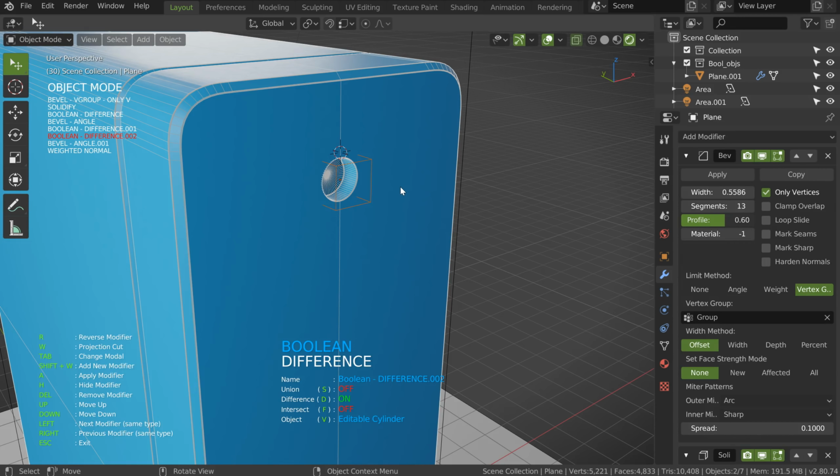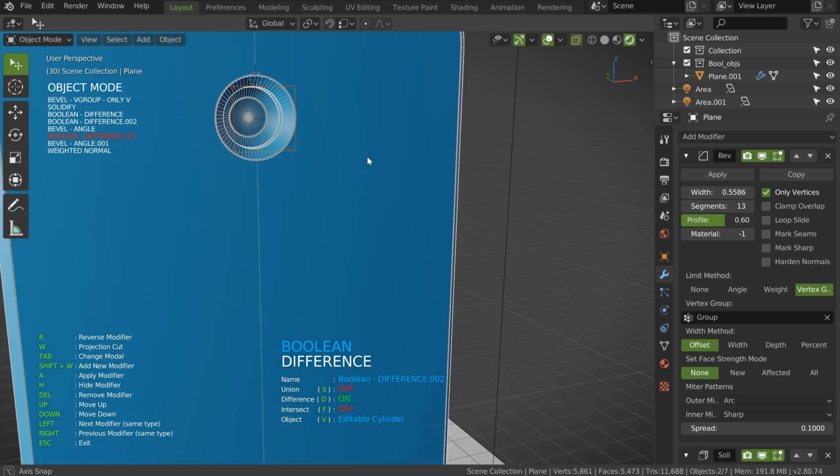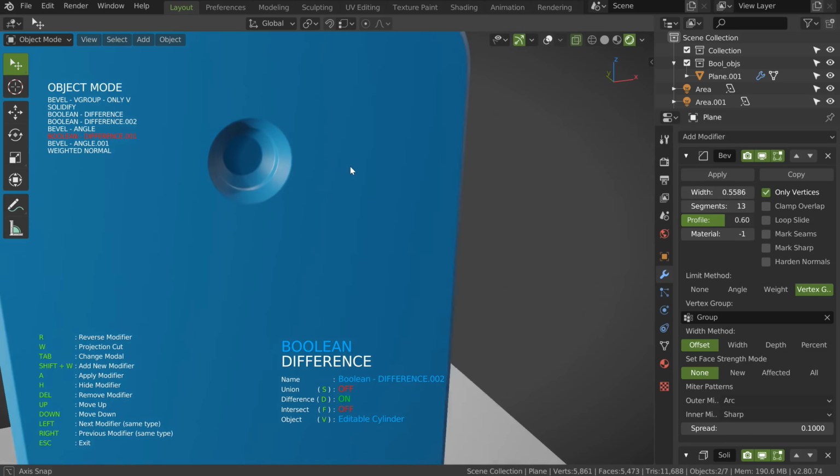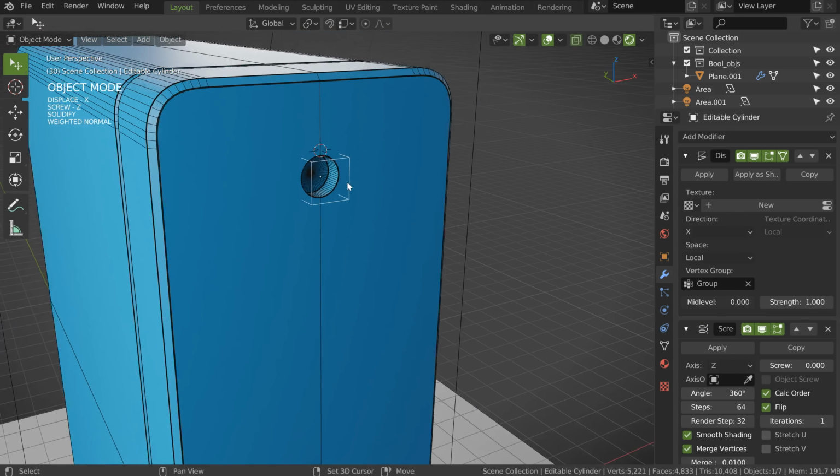I will call the boolean, and I will maybe move the boolean before the bevel angle here. And that will give me this result. So I will press 6 to see. I'm not super fan, so I will move it where it was, just like that. Okay. I will select this one.